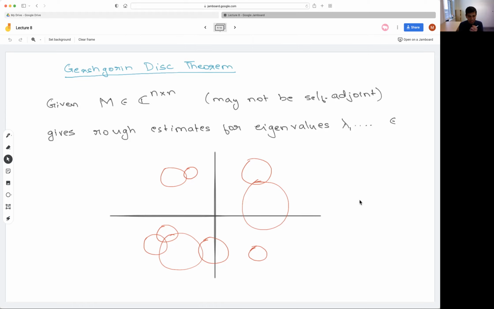And this can usually be controlled, or a lot of the time just a rough estimate on the eigenvalues of this noise matrix is useful. A tool for getting a fairly elementary estimate is what's called the Gershgorin disk theorem, or Gershgorin circle theorem. It is named so because, let's say you have a matrix of complex entries, and let's say we don't know anything about this matrix, it may or may not be self-adjoint, etc.